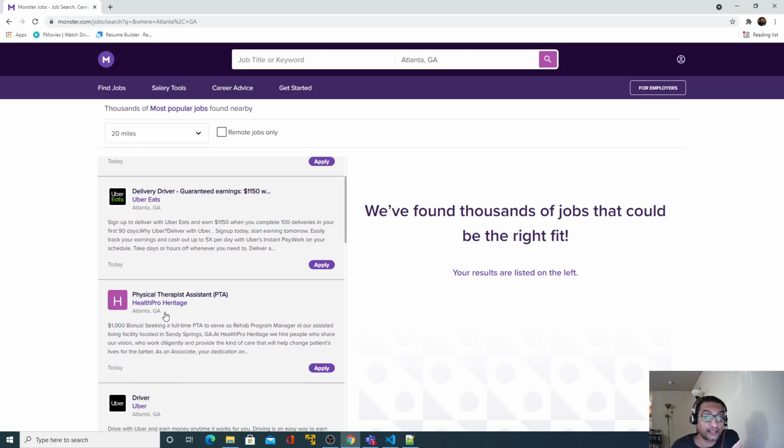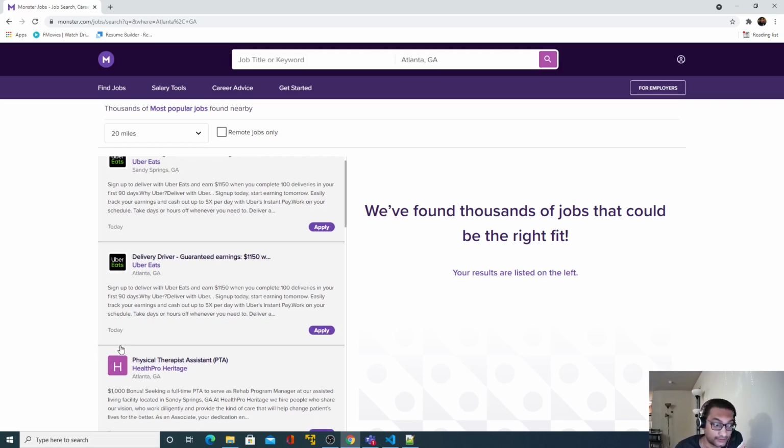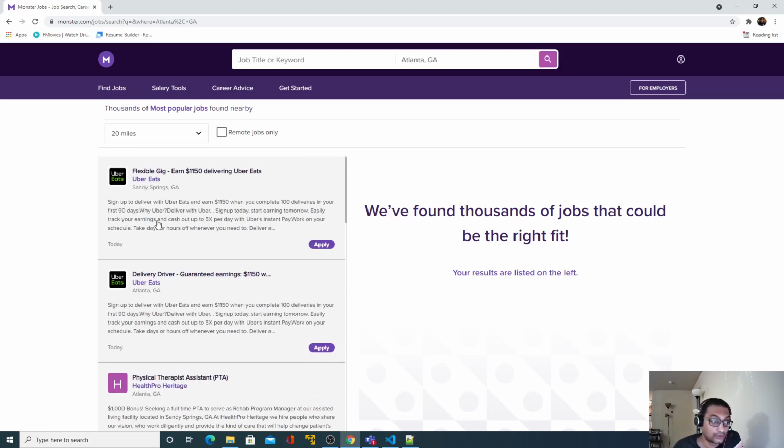Now let's understand what information we are seeing here. The very first thing is the job title, the company name, city, state, and when it got posted. So 4 pieces of information related to that job we can see here.